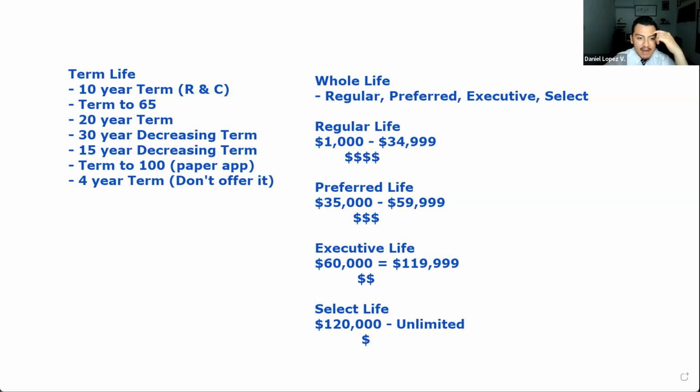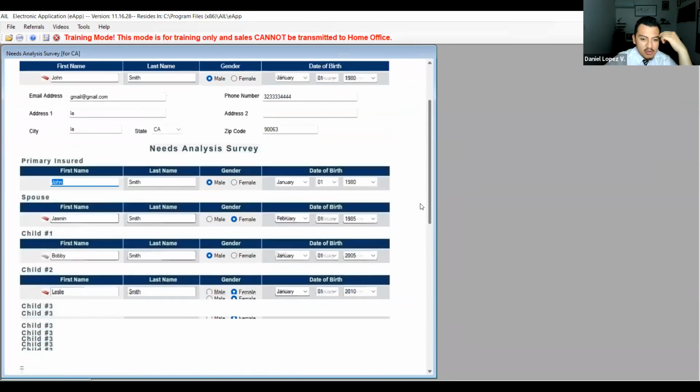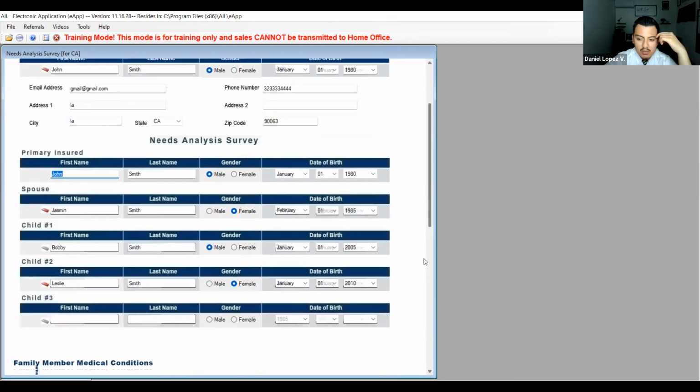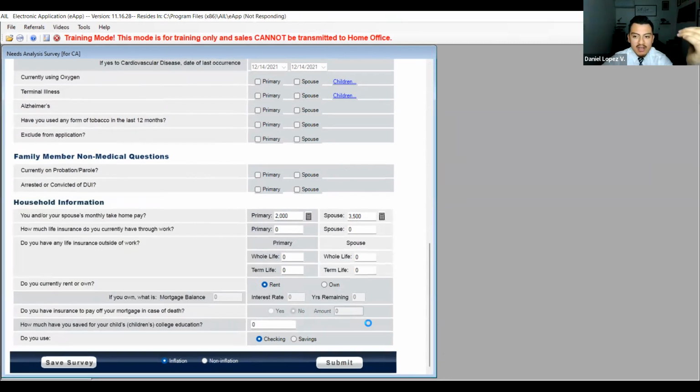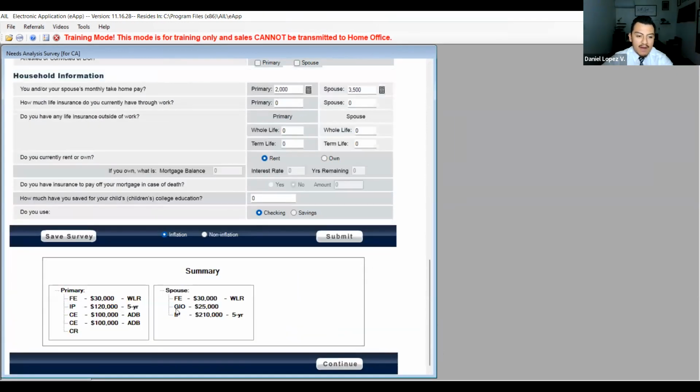I'm gonna pull out an existing app right here. John Smith. Let's say I'm filling this out, right? I have John, who was born 1980. So he's what, 30 plus years old? Now the EAP, when you're doing it, will show the recommendation, which is typically 30,000. If you're gonna do 30,000, just do 35. See, it always starts at 30,000, always.